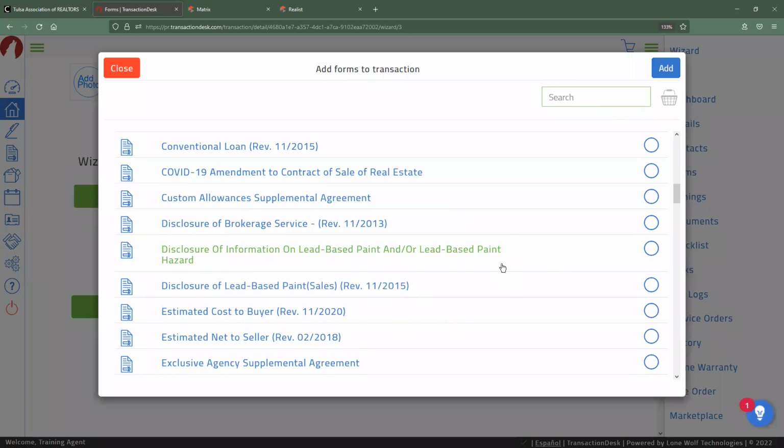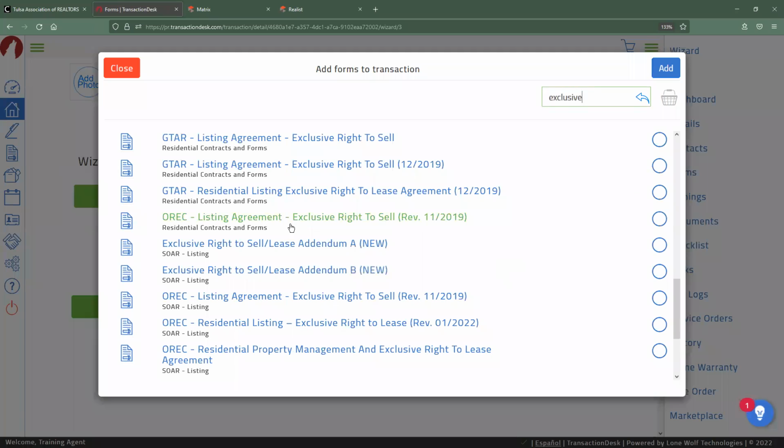There's just one small caveat to this. When I type in the word that I'm searching for, it's going to be searching throughout all of the folders. So even if you guys haven't opened up a specific folder, it's still going to show you everything that exists in the system. But underneath each of them will appear a little black text indicating which folder that particular form happens to reside in.